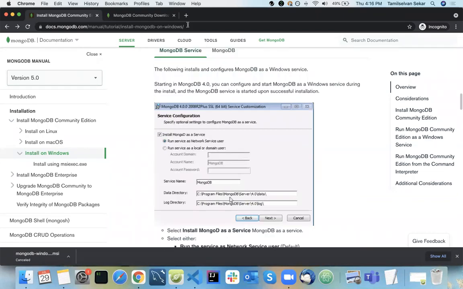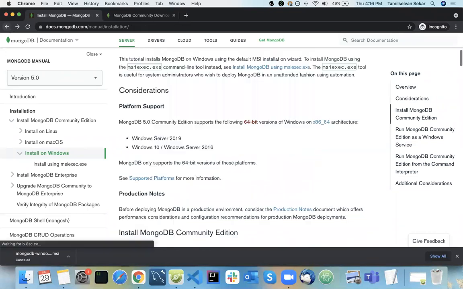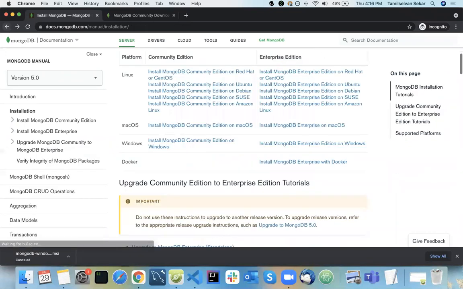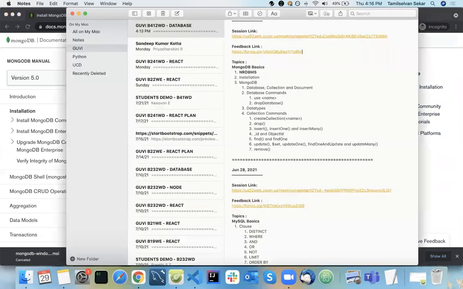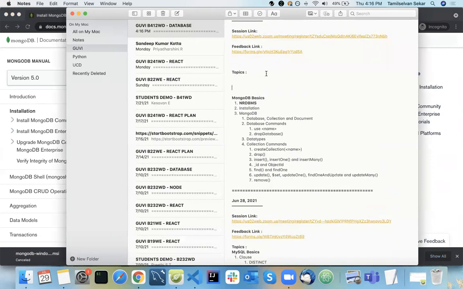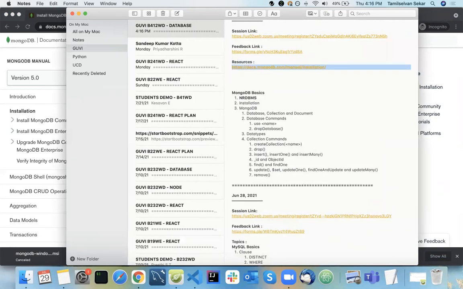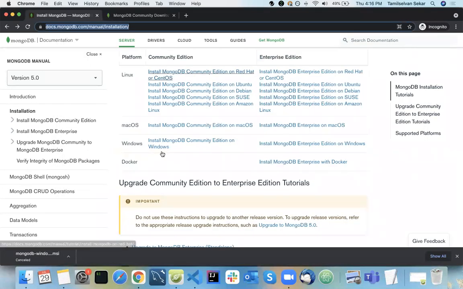So if you go here, I will share you these documentations. Once you follow this documentation, based on your OS, just this link is enough.